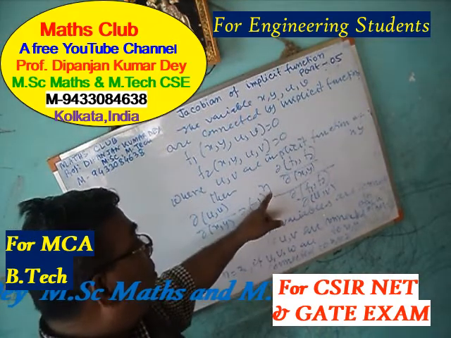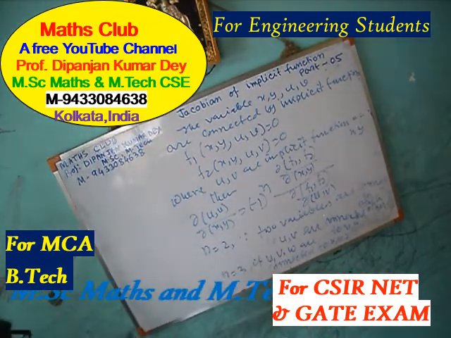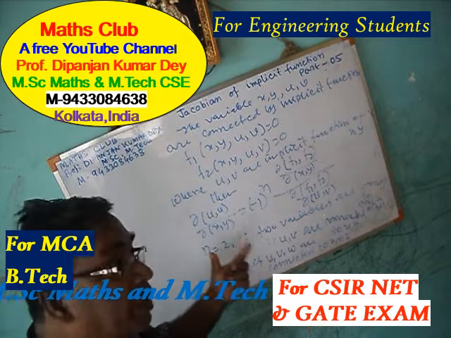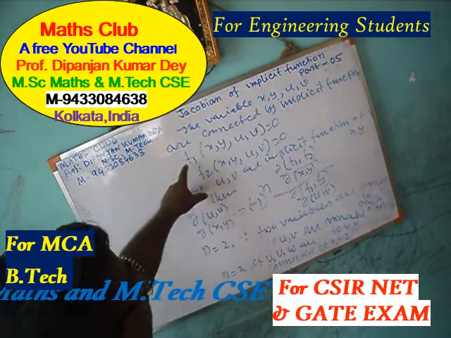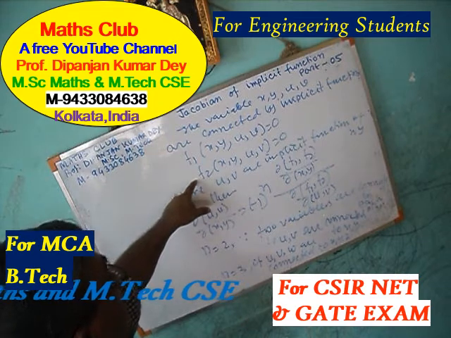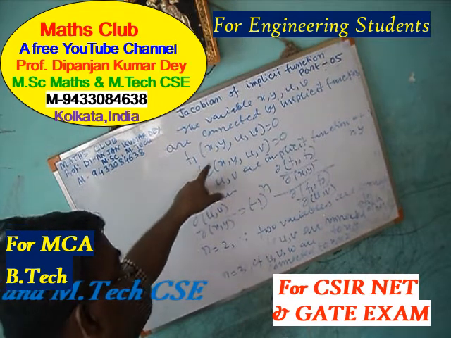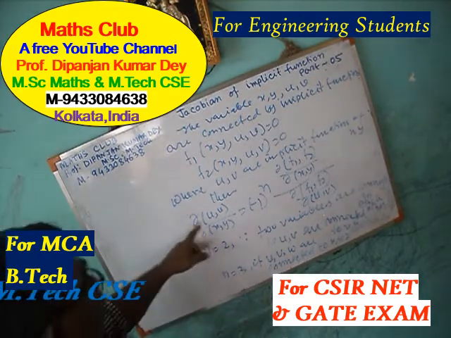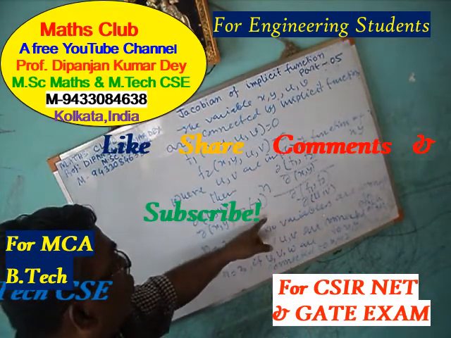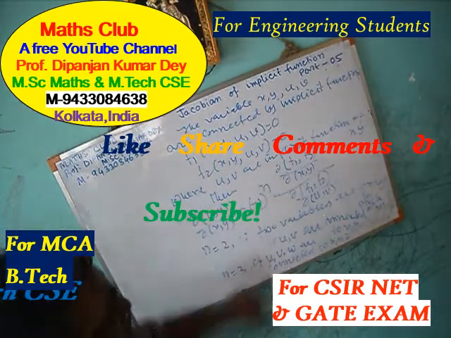That means in place of n I write 3. Okay, so now you understand what is the Jacobian of an implicit function. If f1 and f2 are two functions connected to u, v and x, y, then del(u,v) by del(x,y) equals minus 1 to the power n, this is the formula. You have to learn this formula.